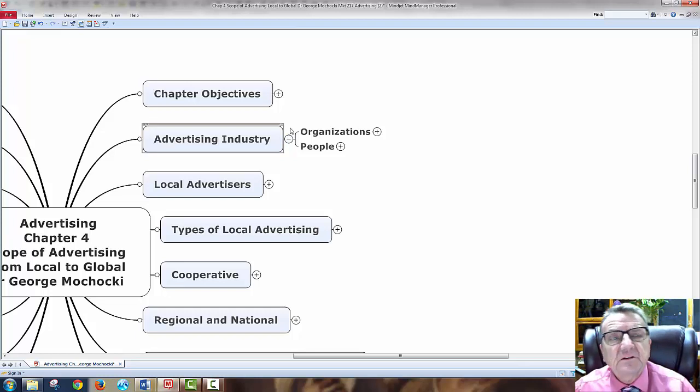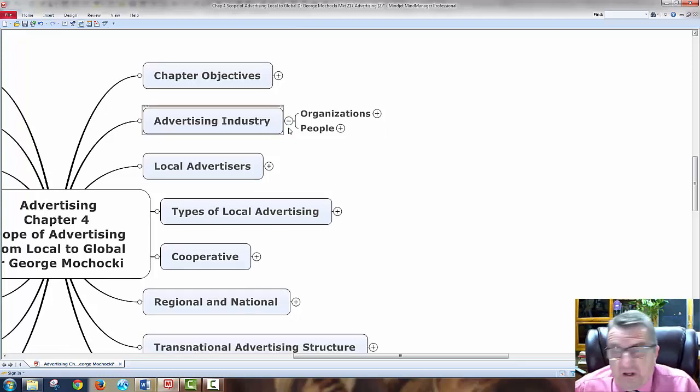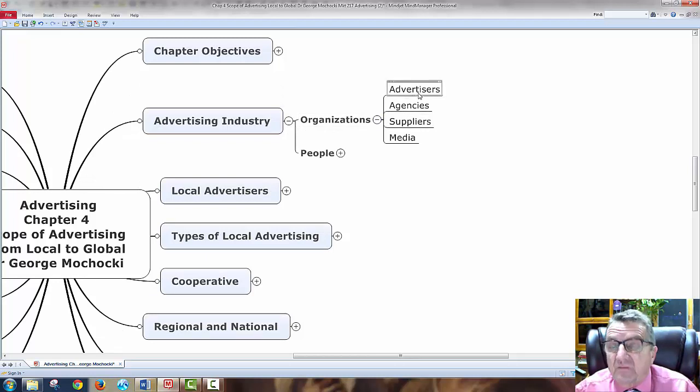Okay, now the advertising industry is broken up into different sections. Like organizations, how they're structured, that's what we're going to be talking about, and the people who are part of the advertising agencies. So you have advertisers, you have agencies, you have suppliers, and you have media. Okay? Now, agencies basically may have advertisers for the creative to create with some of the media. Suppliers may work with the agencies to provide help and assistance, and the media is the communication medium that I'm going to utilize to convey my message to my customer base.